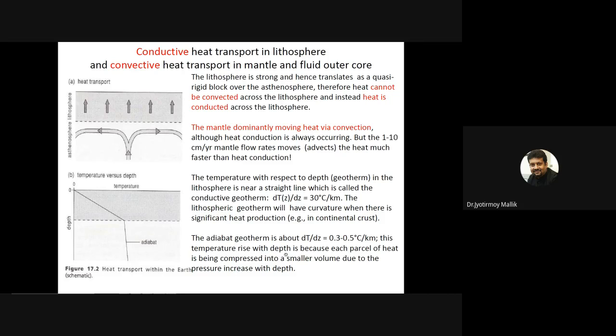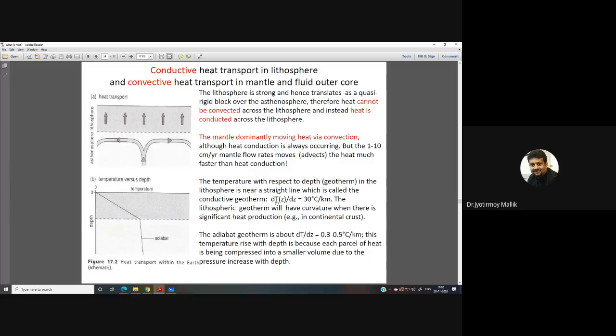This temperature rise with depth is because each parcel of heat is compressed into a smaller volume due to the pressure increase with depth. So it cannot vary as gently as it does in the crust. It's like smaller packets of heat, and that has a fairly different geothermal gradient. So remember, above the Moho and below the Moho, you have to use different geothermal gradients to calculate the temperature. So I will stop this particular fundamental part here,